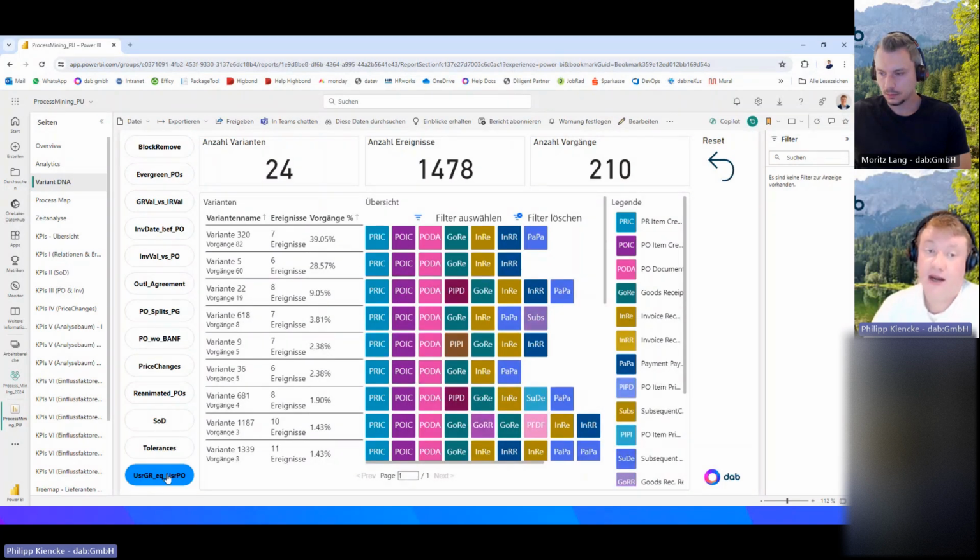So we can now see, for this specific red flag analytics, the specific variance compared to the standard variance. Are we missing some of the process steps in between? So with that said,